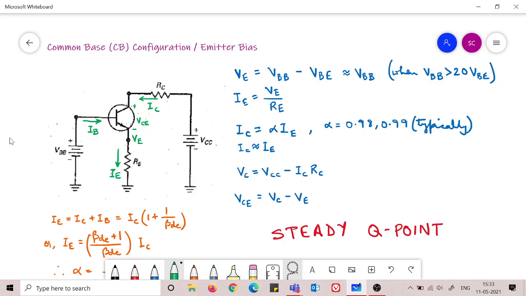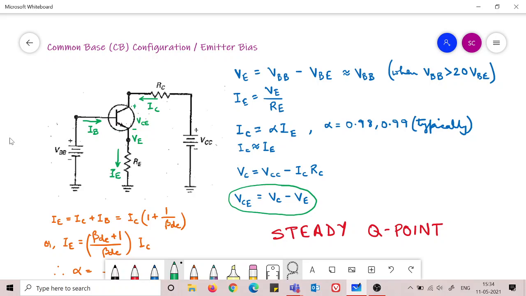And this is important to remember, at least for 1 year, because in the next semester or in the next year you will probably be doing the practicals, and in the practicals you have to measure this VCE. VCE is always measured in this way. We measure VC and we measure VE separately. Please remember this. We measure VC separately, we measure VE separately.